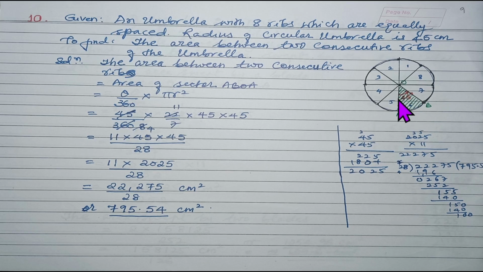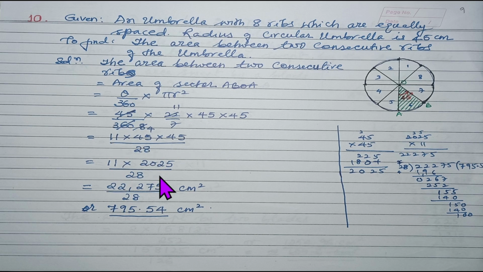Now, first let us find out the central angle of the sector. It will be 360 divided by 8, that will be 45 degrees. So theta is 45 degrees here. Area of sector will be theta by 360 into pi r square, so 45 by 360 into 22 by 7 into 45 into 45, because r is given as 45 centimeters, and therefore simplifying we get 11 into 45 into 45